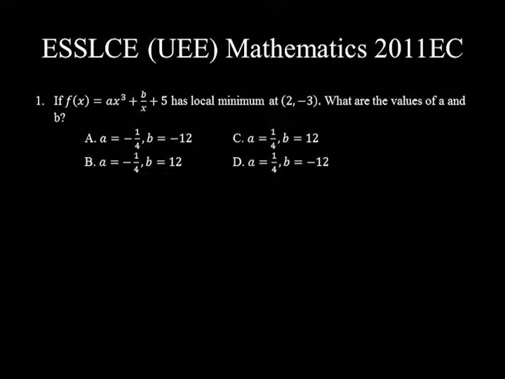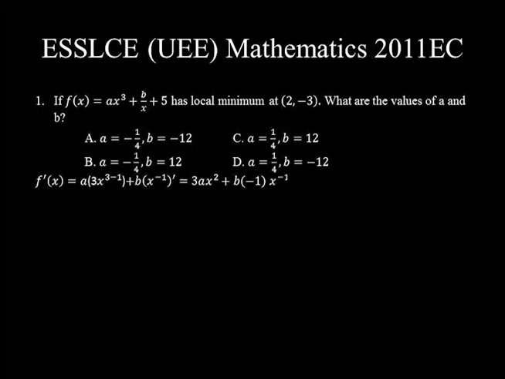So let's solve for f derivative of x. F derivative of x is equal to the derivative of ax cubed, that is a constant a, times the derivative of x cubed, which is, let's bring 3 to the front, 3 times x to the power of 3 minus 1, plus the derivative of b over x, meaning b times the derivative of x to the power of -1, plus the derivative of 5 is 0, which is equal to 3 times a is 3a, times x to the power of 3 minus 1 is x squared, plus b times the derivative of x to the power of -1 is -1 times